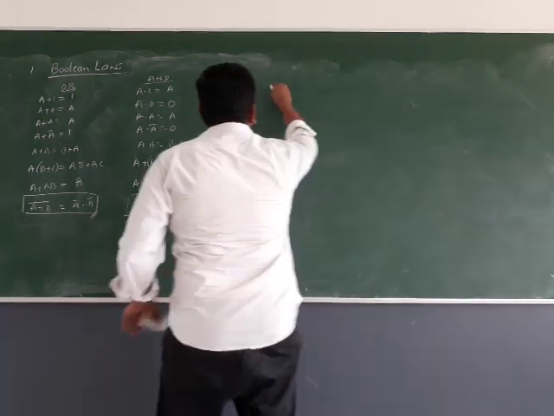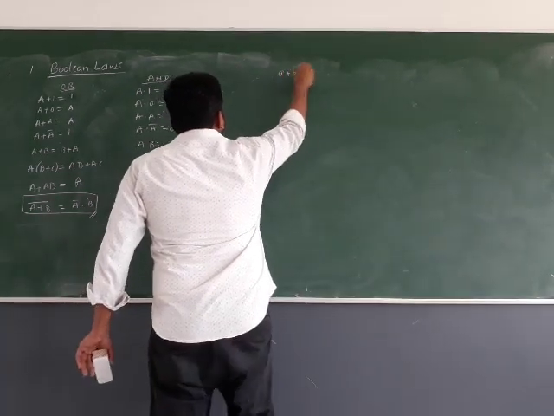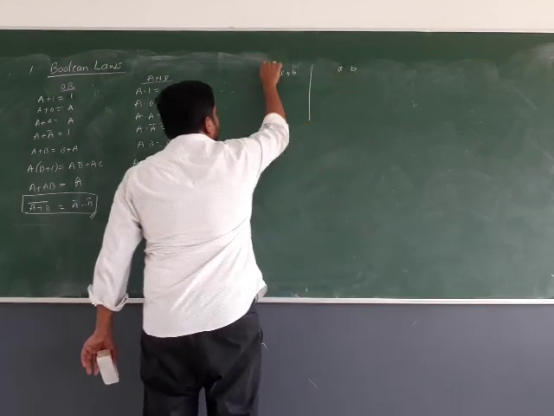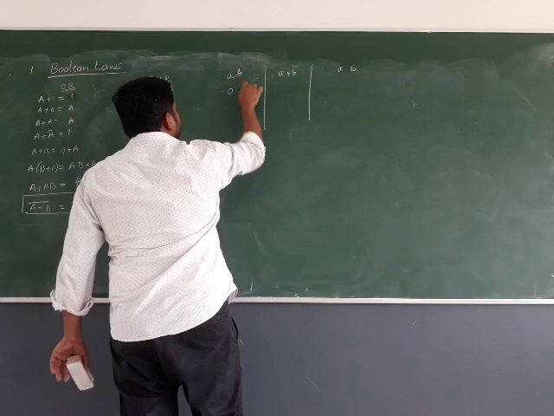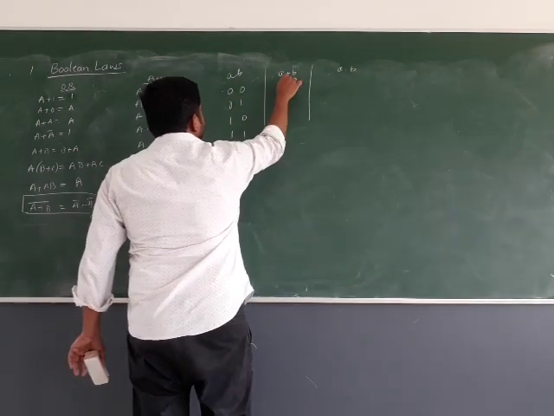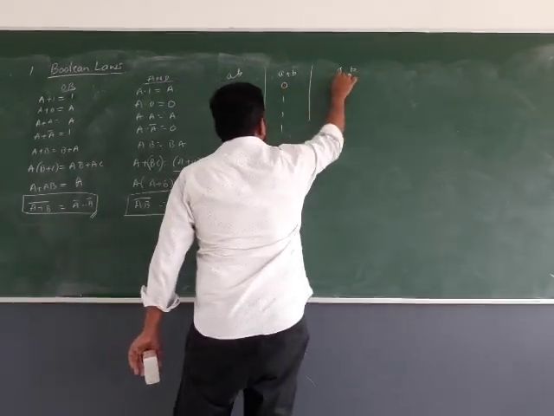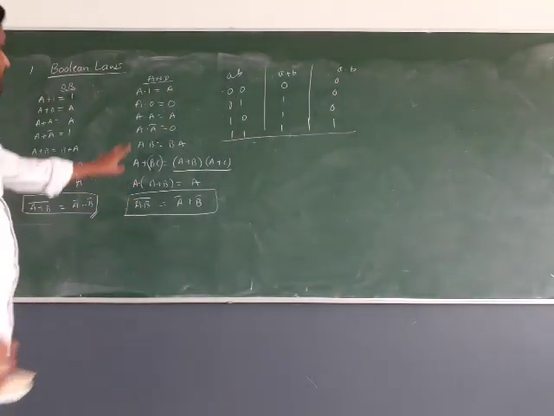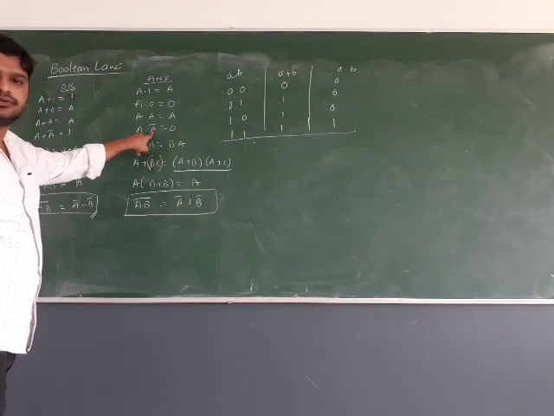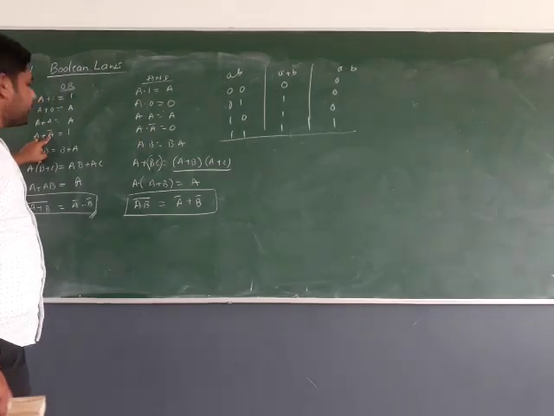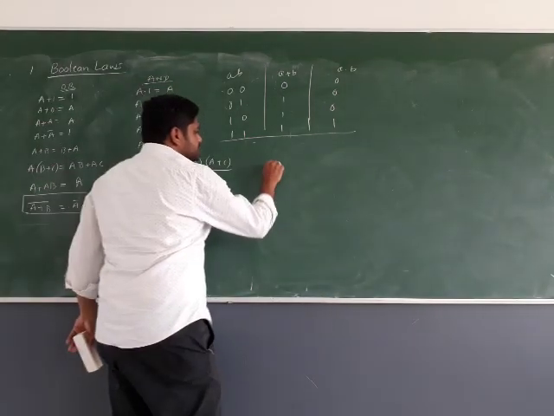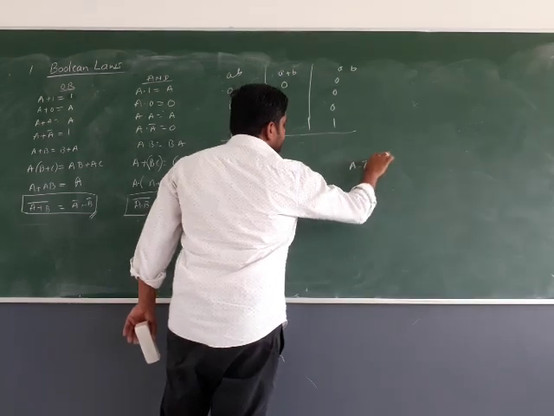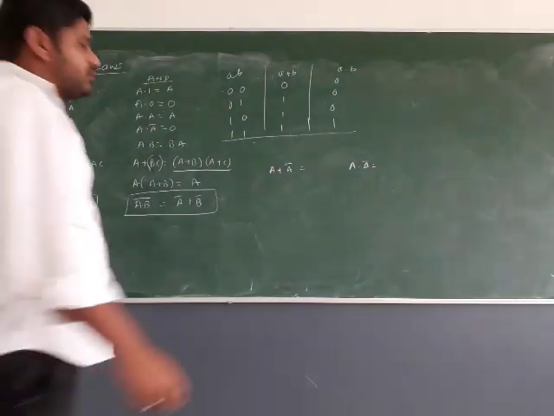Here I will write the AND table as well as the OR table outputs. So here I will write the combinations. So for your fast reference, I have done this. Okay, let's take A dot A complement, A plus A complement. So let us prove A plus A complement. Also check what A dot A complement always is.